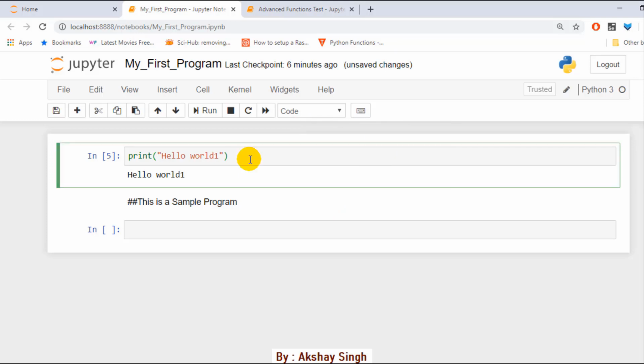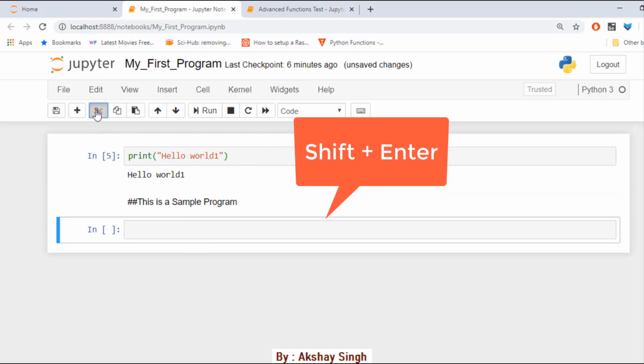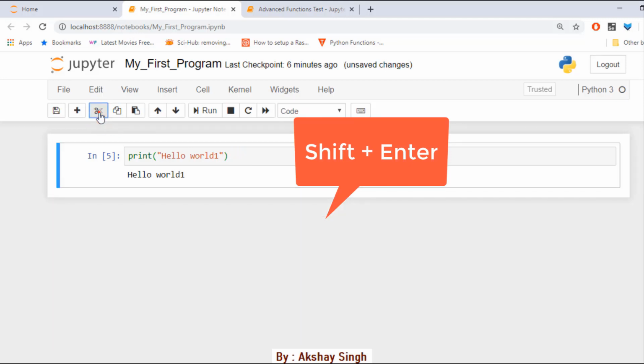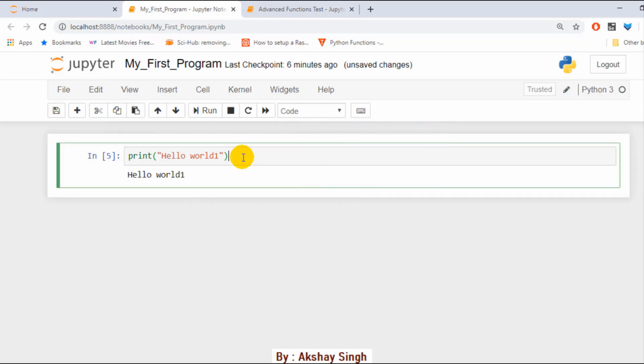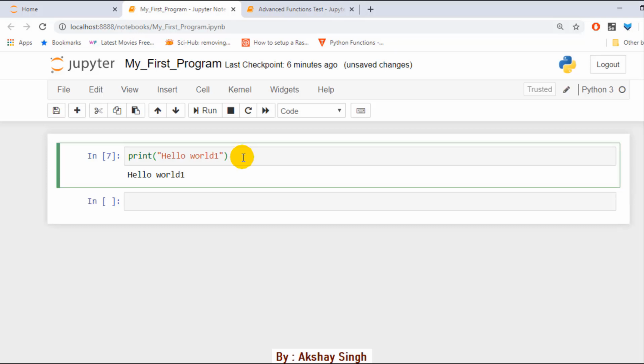One more thing, if you press Shift plus Enter, this executes the current cell and moves to a new cell. For example, just let's remove all the cells. See, if you press Ctrl Enter, it executes the cell and will not open a new cell, but if you press Shift Enter, see, it is executing as well as adds a new cell.